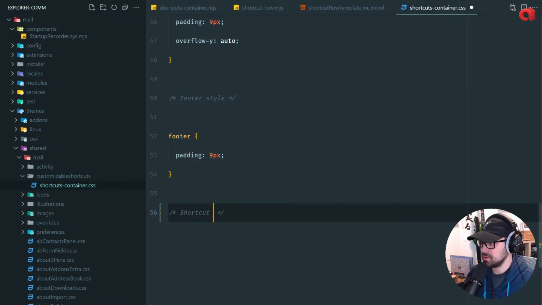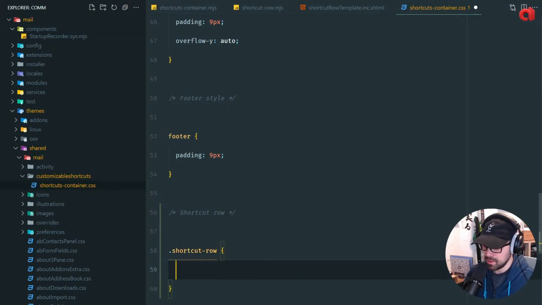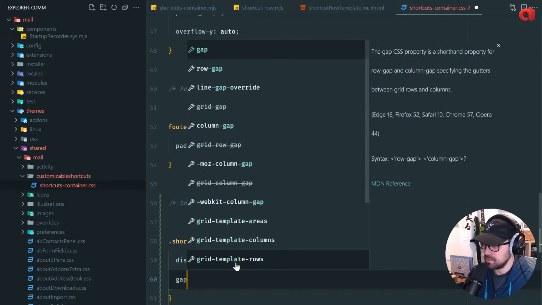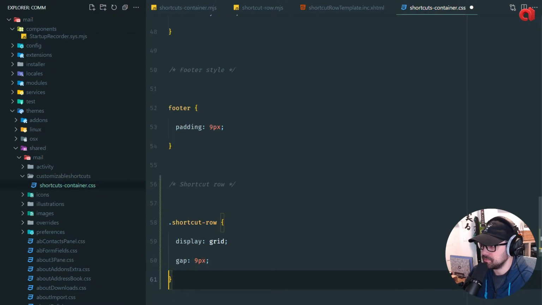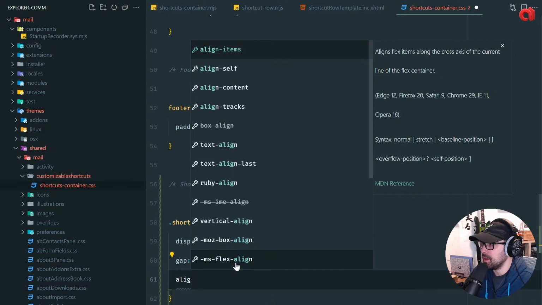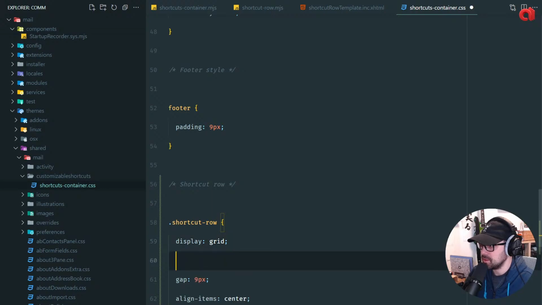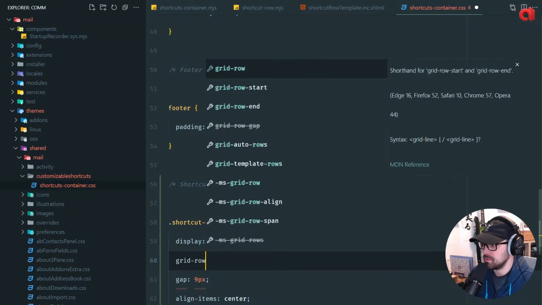Create a shortcut row section, shortcut row. We make it display grid. Let's give it a gap of, let's give it 9 pixels as a start. Align items center is how grid functions. No. Then grid row